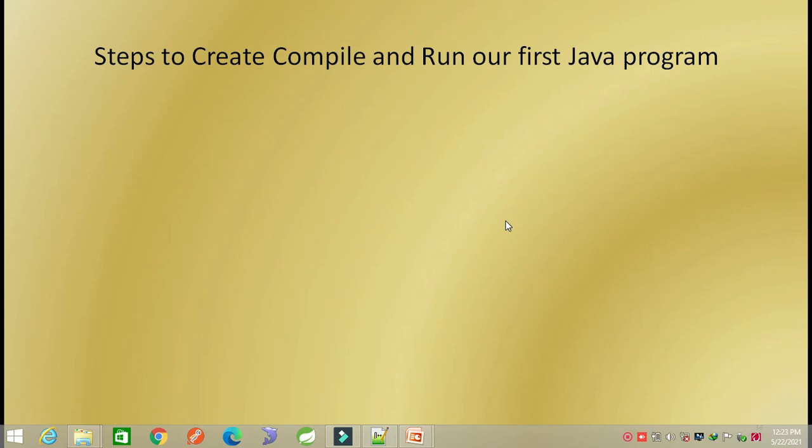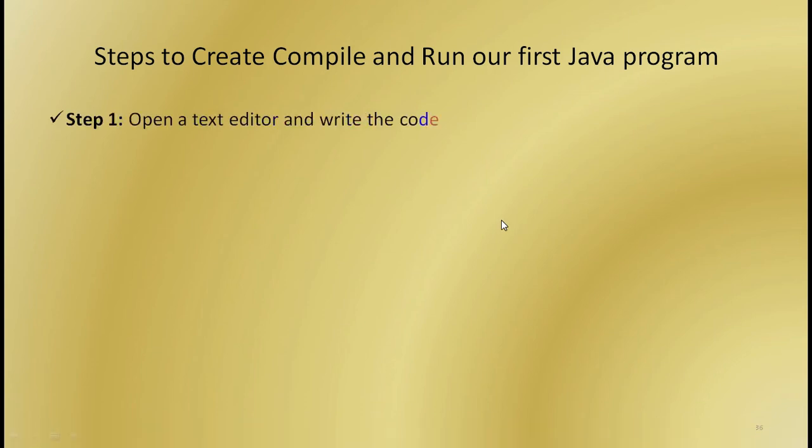Steps to create, compile and run our first Java program. Step number 1: open a text editor and write the code. I will use Notepad++ as a text editor.